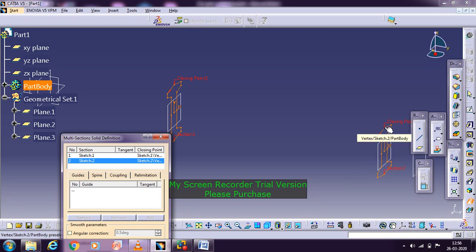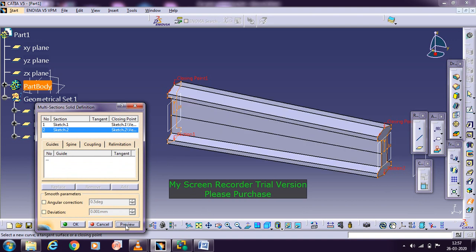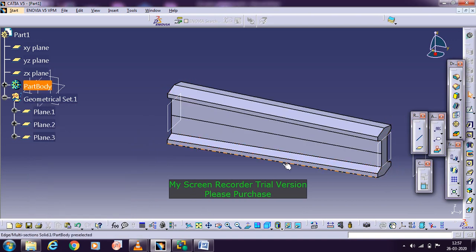Most of the students will be doing that, or they will find difficulty here, getting the other corner as the closing point. Just click on the side here, so that it will be shifted here. Then click preview, and then click OK. You got the eye section here. This is how you need to create the eye section. Thank you.